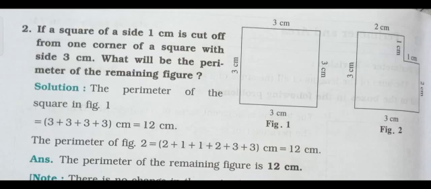That is 3 plus 3 plus 3 plus 3. If it's not cut, then it is 12 centimeter. But after cutting that one corner of 1 centimeter, let us see the perimeter. You can see in figure number 2 how it's cut, and after cutting there is still 1 centimeter from the bottom and the side. This figure I have already explained. In this way you have to solve question number 2. After cutting, the perimeter remains the same, that is 12 centimeter.